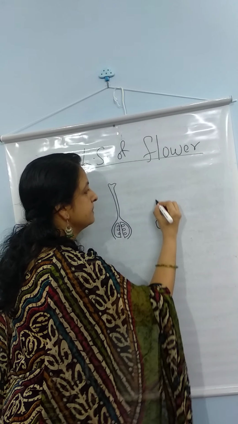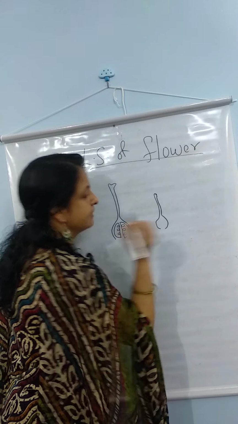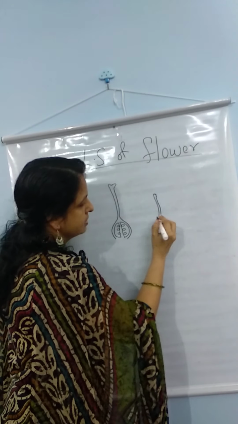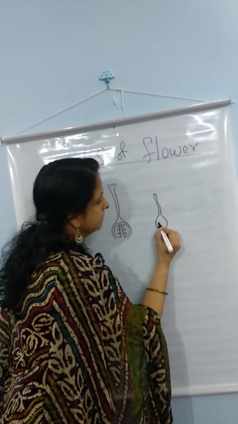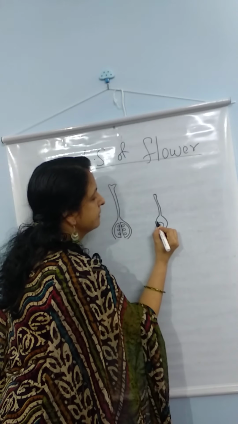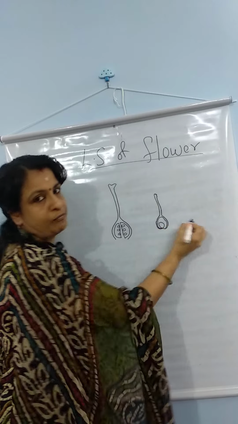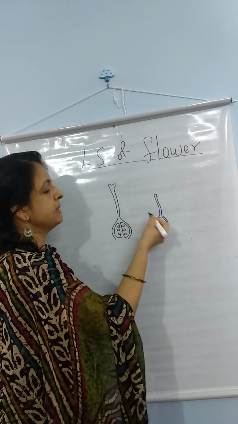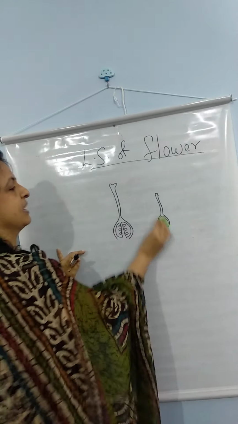For example, I will draw it here. I will draw it later. So this is another one which I want to draw. This is another ovary. Okay. So here in this I am drawing a single ovule like this. So this is another ovary where I have drawn a single ovule. There are different ways by which we can draw. But LS